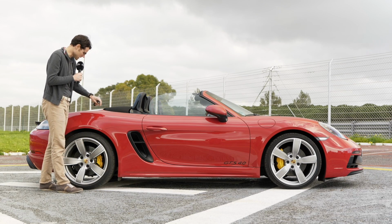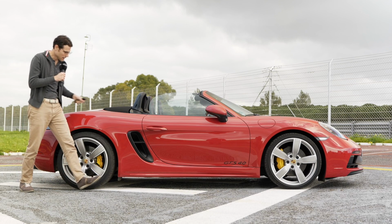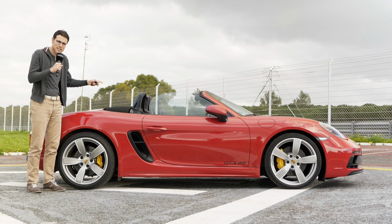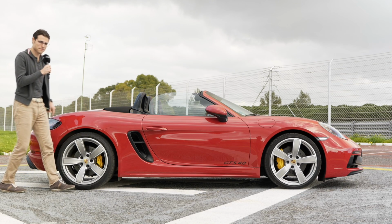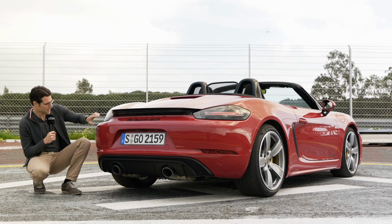The cool thing is, of course, easy and clean design lines. That's what's making the car so beautiful. The big air intake for the midship engine concept. As you might remember, or maybe you don't know, the 911 has a rear engine concept. This one here, midship engine concept, because the engine sits right below that. Both in the front and in the rear with the GTS models in general, you have the black tinted background